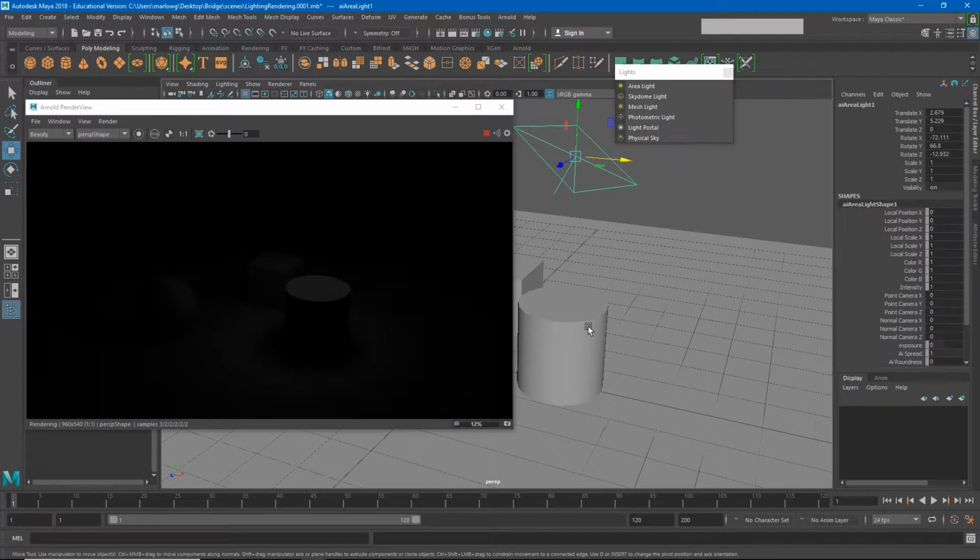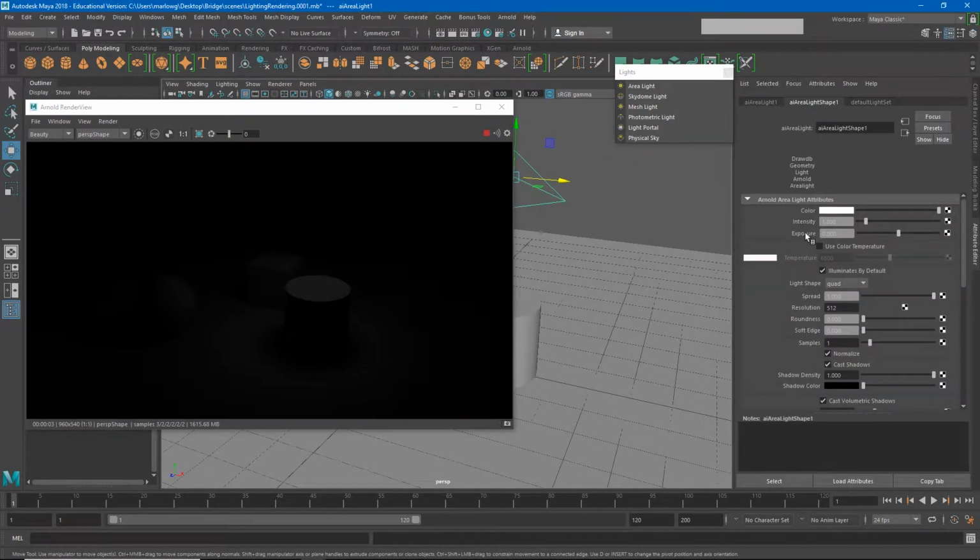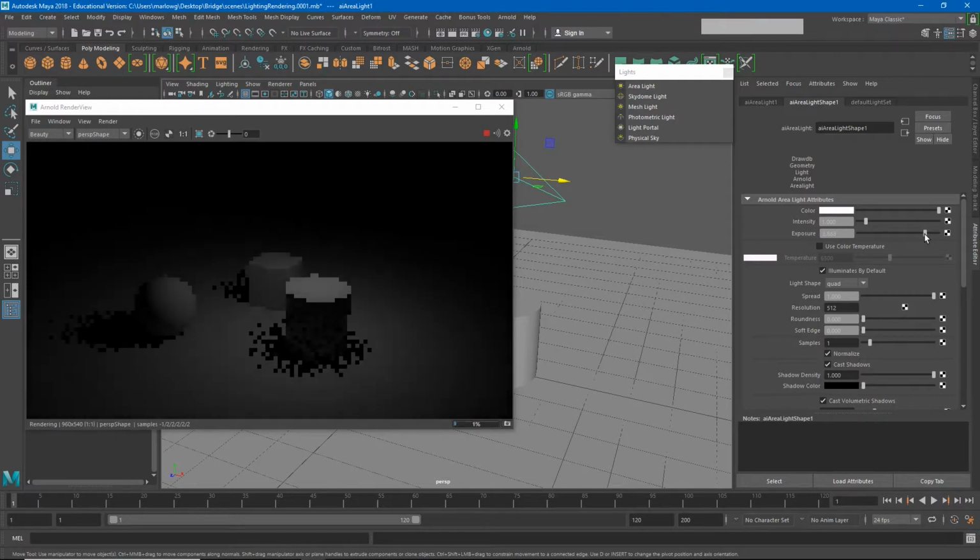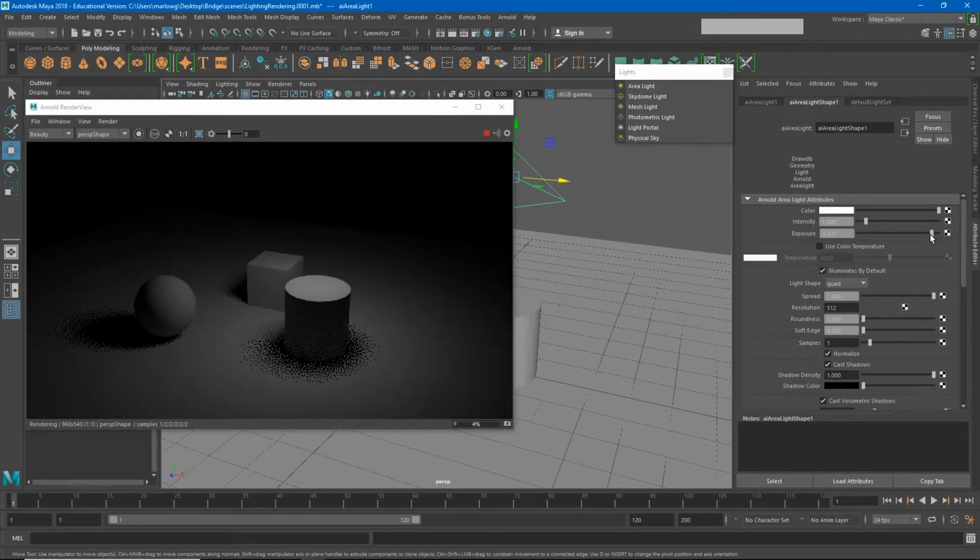To make this a little brighter, we're going to go look at our attribute editor. Now in our attribute editor, there's a lot of options in this light. You can see that we have intensity, which will make the light brighter. We also have exposure, which will do something very similar. And so if we turn up our exposure, we'll start to see this scene coming to life a little bit